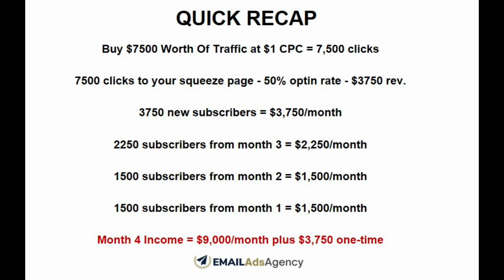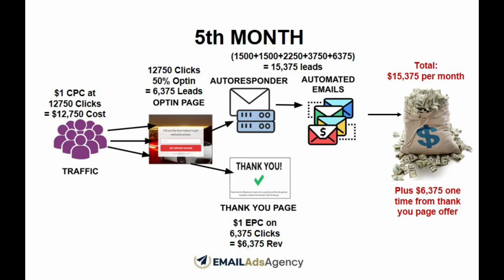So, now let's look at month 5. We take that $12,750 that we earned at the end of month 4 and reinvest it back into traffic, and that gives us 12,750 clicks at $1 EPC. We send it to the opt-in page. That gives us 6,375 leads at a 50% opt-in rate. Those 6,375 people see the offer on the thank you page, and we generate a revenue of $6,375 at a $1 EPC. Those leads also get added to our email list, and our email list grows to